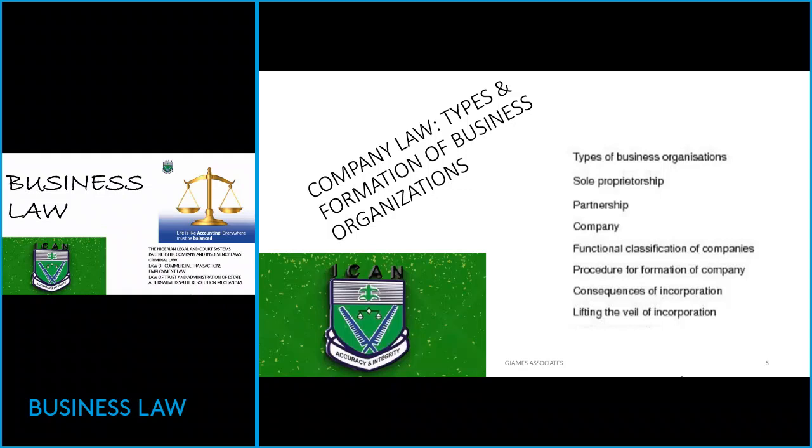So under this, we'll be looking at types of business organization: proprietorship, partnership, limited liability companies, and what their functional classification is. We'll also look at the procedure for formation of business law with the Corporate Affairs Commission, or the Registrar of Business in the country. Lifting the veil of incorporation: when can we lift the veil of incorporation? We'll be looking at the function of the Corporate Affairs Commission, rather,